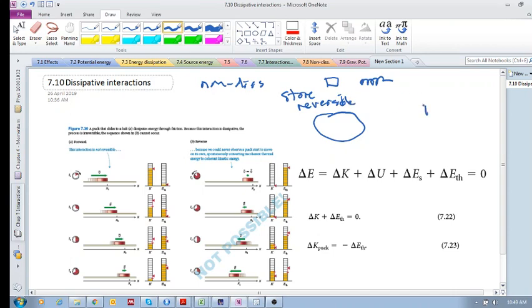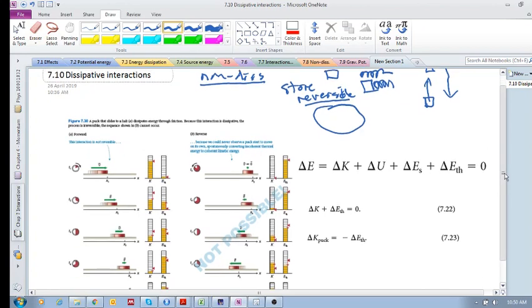It means that if I throw an object up, because of the non-dissipative interaction between the object and earth, the higher it goes, the more energy you are storing, and then you can regain that energy. You can convert that energy into kinetic energy, or this object pushes against the spring. As the spring deforms, you're storing energy in the spring, which you can use again later. So this is non-dissipative, reversible energy.